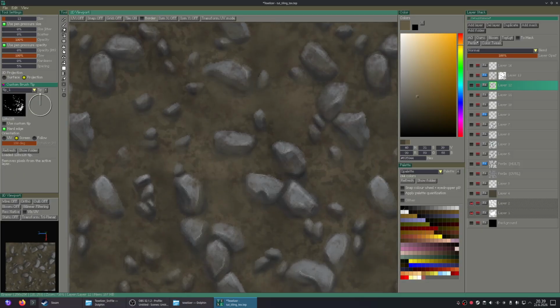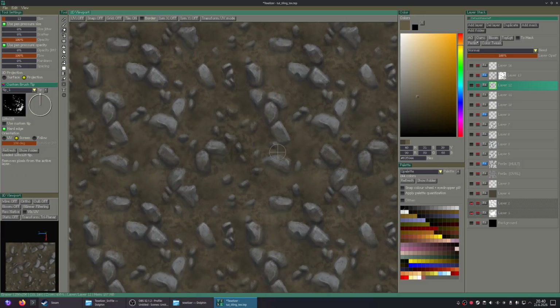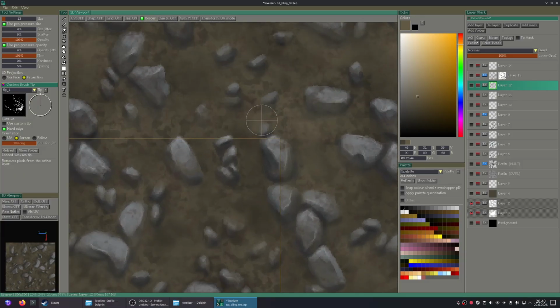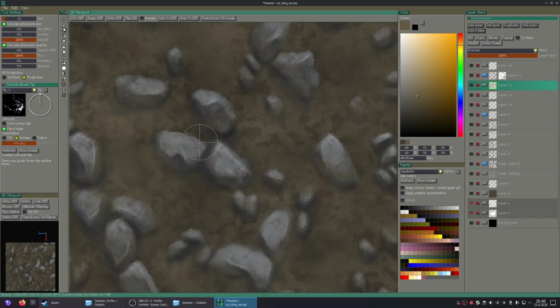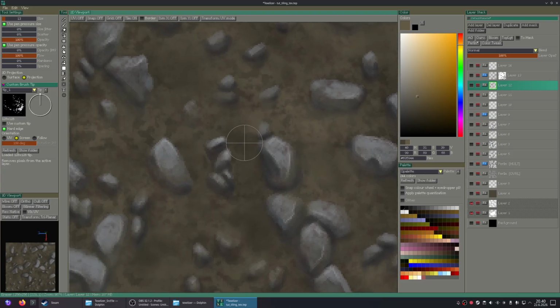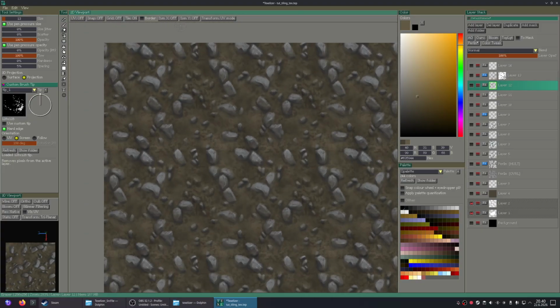Unfortunately, the Gaussian blur effect doesn't tile. It's a bit of a trickier one.